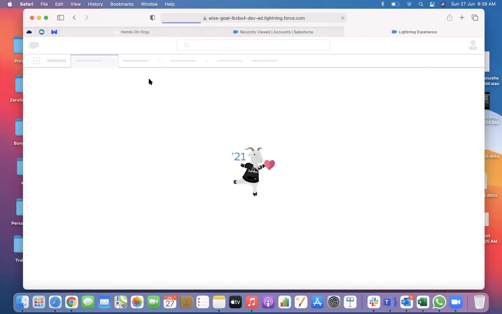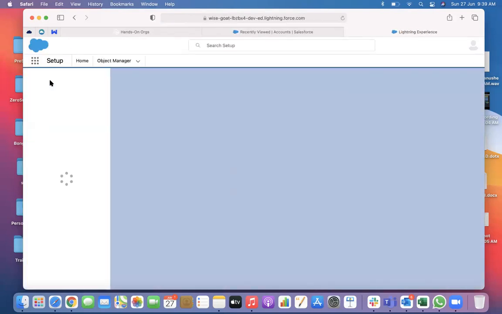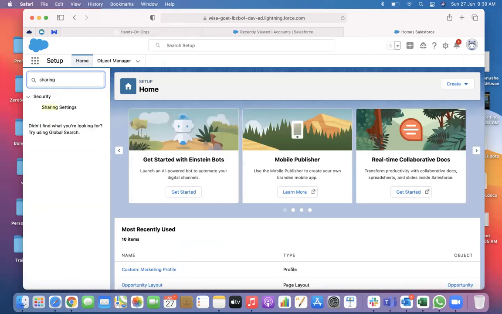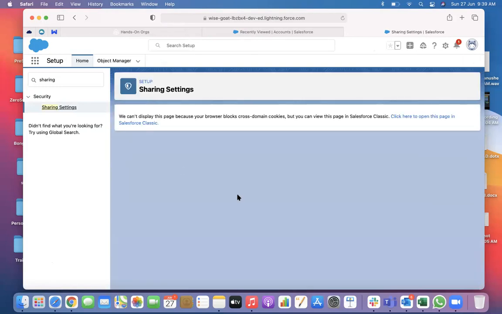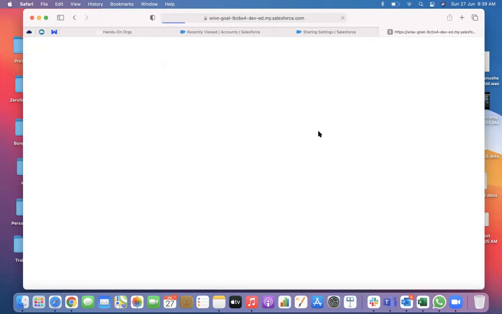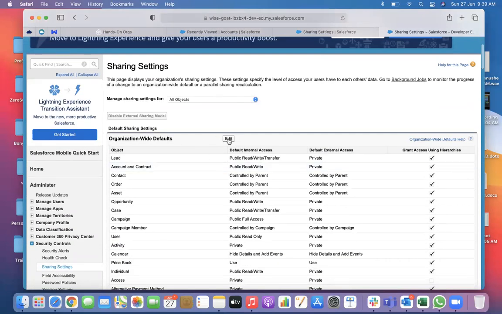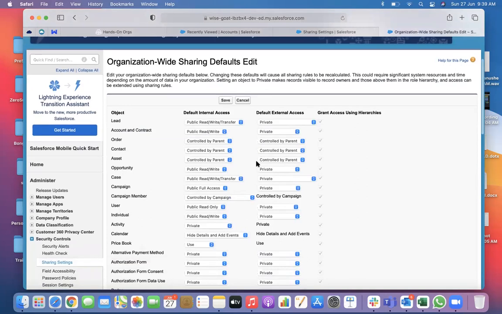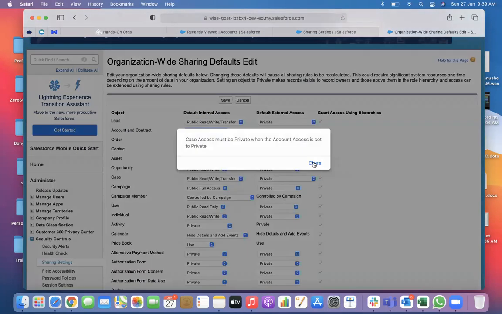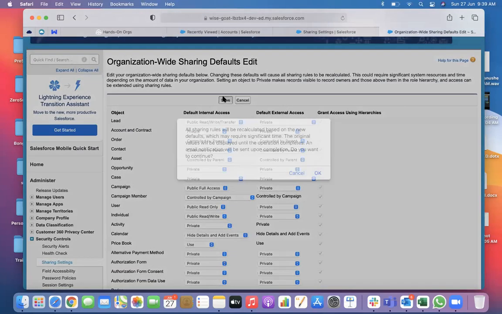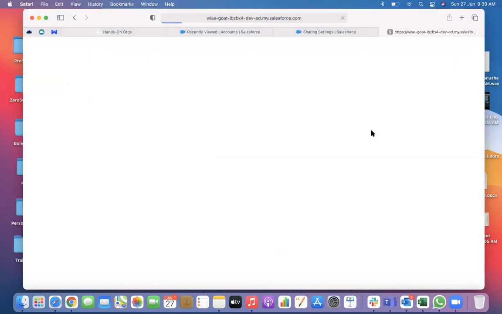So let's go back to my account. Sharing settings. This is the OWD we discussed here, and we'll make it private. Case and other things also become private when account becomes private.